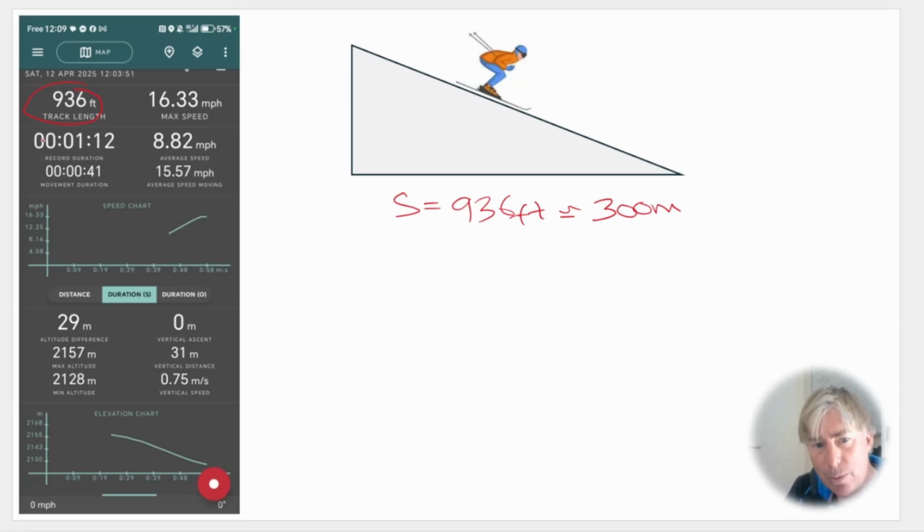We've also got a maximum speed, so that is basically the speed at which we hit the bottom of the slope. Now I'm assuming that that is the speed I would have reached had I not put any brakes on or done any turns. I tried not to. I can't say that is the case, but we're going to use V as equal to 16 miles per hour. Okay, which in terms of